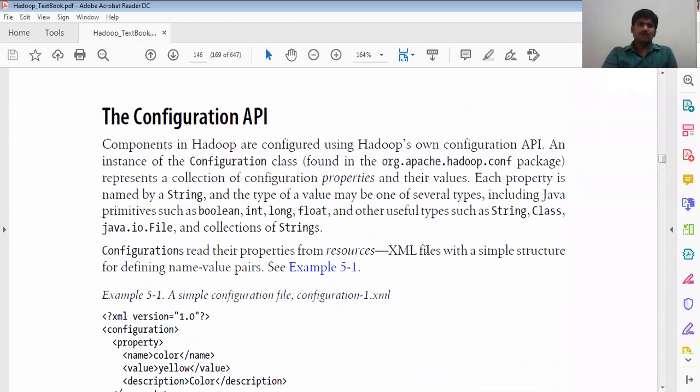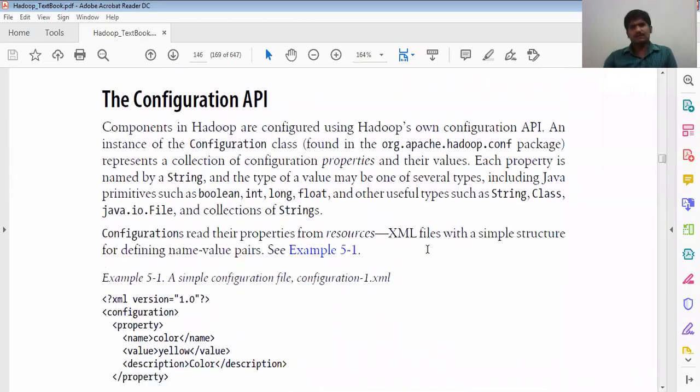So, the configuration API. Components in Hadoop are configured using Hadoop's own configuration API, an instance of the Configuration class. We can find this class in the org.apache.hadoop.conf package. It represents a collection of configuration properties and their values.